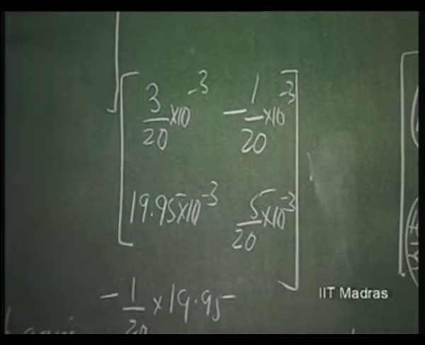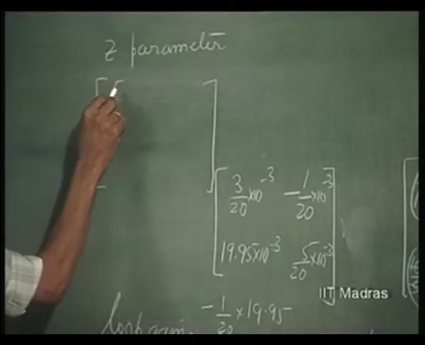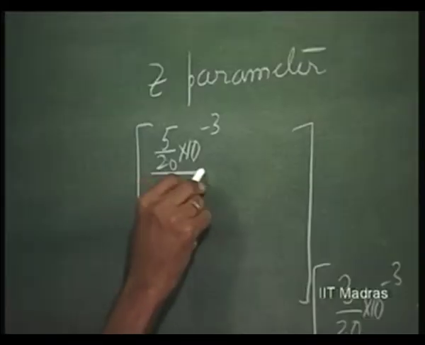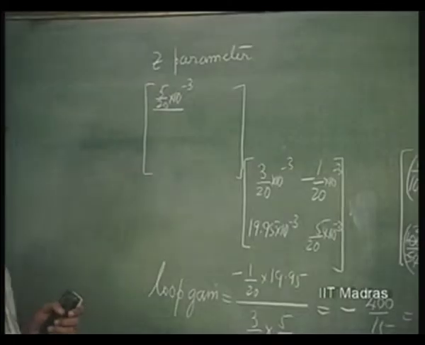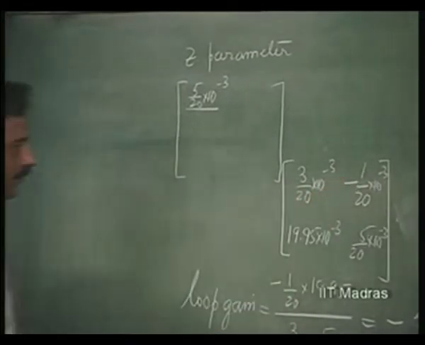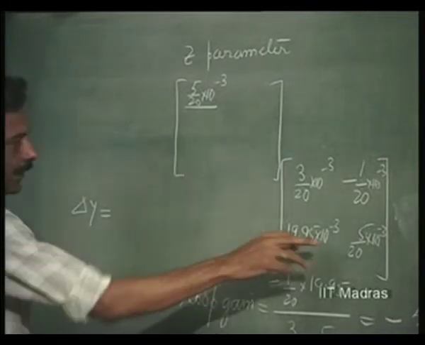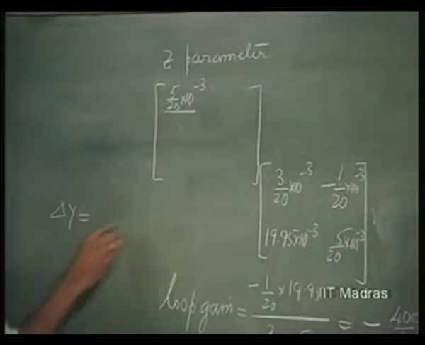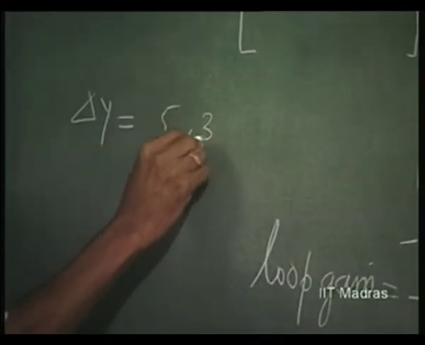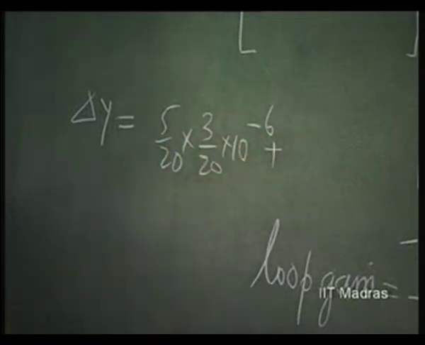So, that parameter is going to be 5 by 20 into 10 to the power minus 3, that is Zi, this divided by this into this plus this into this. Therefore, what is the delta y? That is delta y is equal to 5 by 20 into 3 by 20 into 10 to the power minus 6 plus,